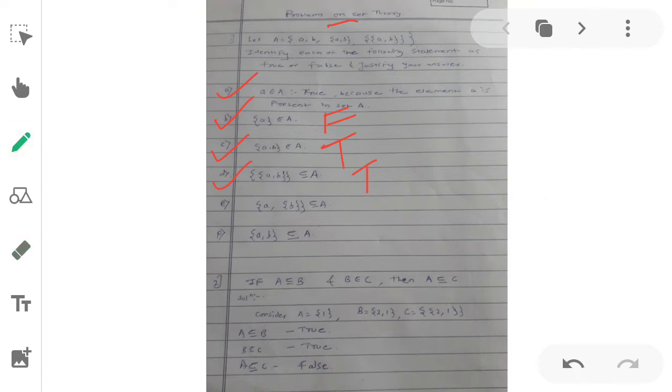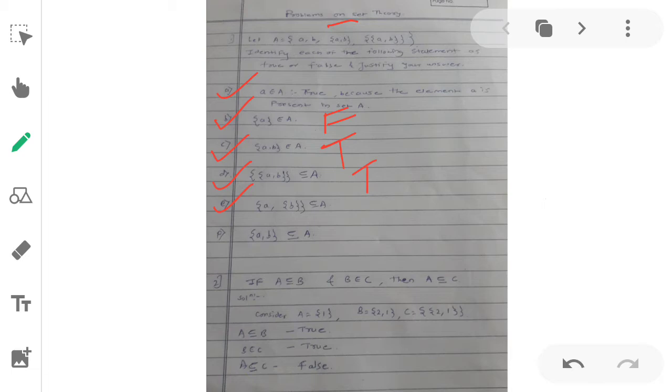After that, problem e. Again it is a problem related to subset. The set is {a, {b}}.